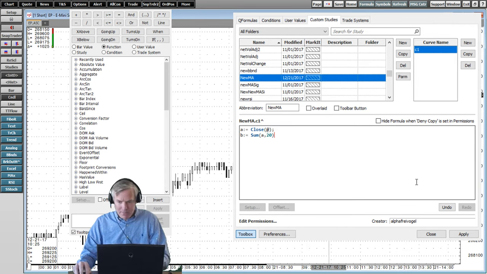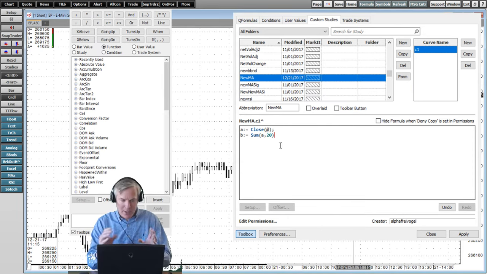So that's how I add studies: I right click on a chart, click Add Study, and then I find the study I need. In the future, I'll try and figure out a better way to screen share, like maybe my whole screen rather than just grabbing individual windows. So getting back to the moving average,